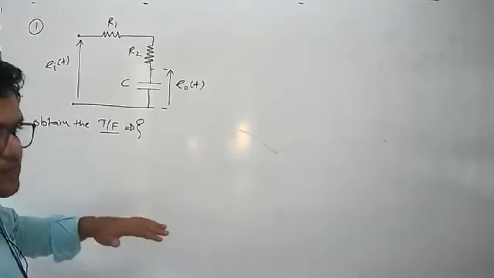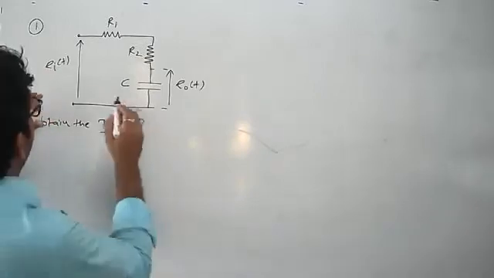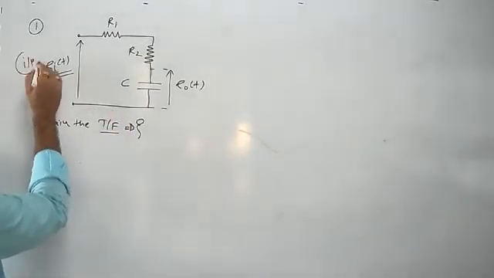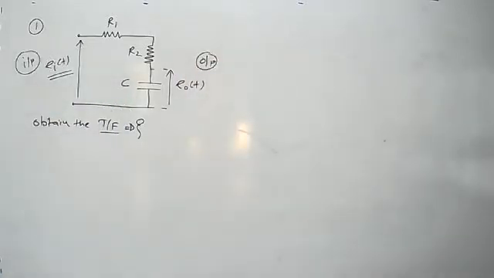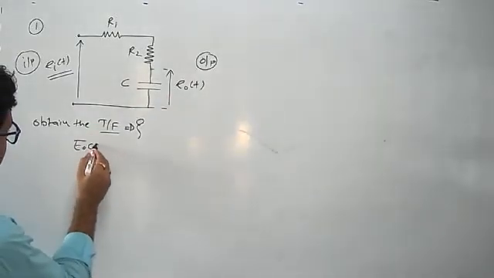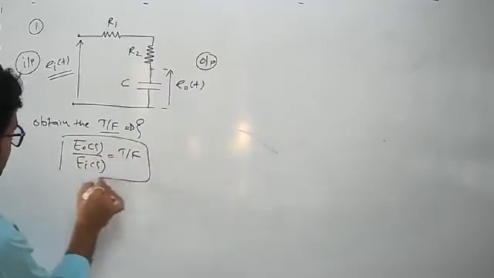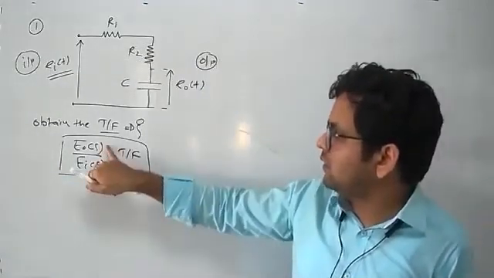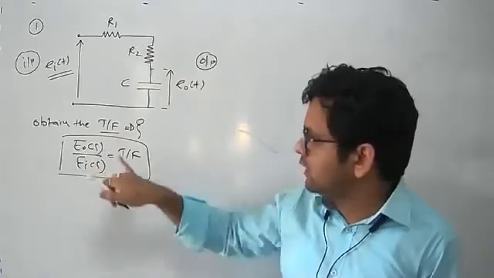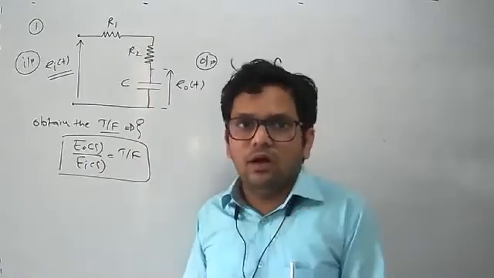So ultimately transfer function is nothing but what? Laplace transform of output by Laplace transform of input, and in this numerical it is specified that this Ei of t is the input and this E naught of t is the output. So by the end of our solution, we have the ratio of E naught of s by Ei of s. This indicates the transfer function of our given system. So our objective is to find out how much E naught of s by Ei of s will be. That E naught of s by Ei of s is nothing but the transfer function for this particular circuit. So that we have to calculate.